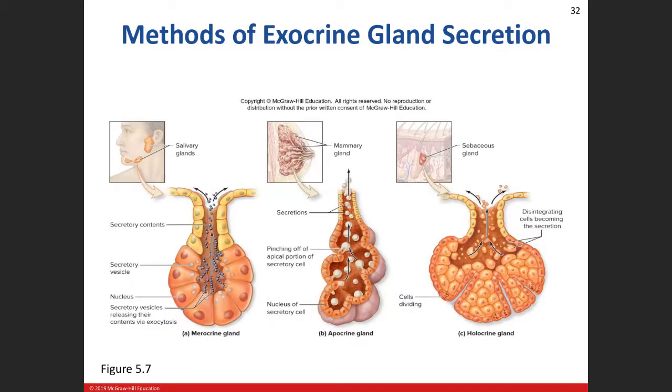Okay, so if I show you a picture here of our apocrine gland, think apocrine, apical region of the cell gets pinched off. If you look here closely, you can see how a big portion of the apical membrane just pinches off. Then it moves into the lumen here, and then travels up into the conducting portion. So we'll see this occur in the mammary glands, the ceruminous glands in the ears, and then one of my favorites,